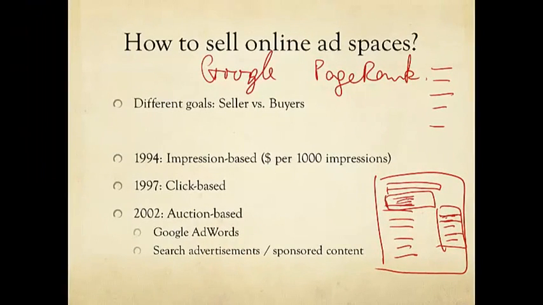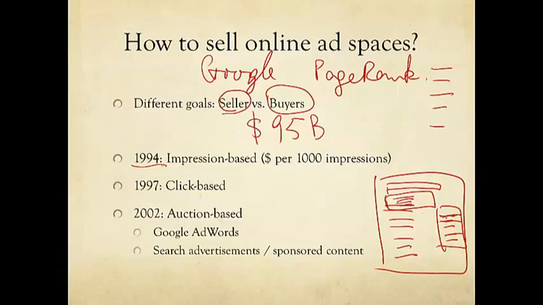Well, we have to go back a little bit and just think about the general space of online advertising, which reached 95 billion worldwide in the year 2012. And in this ecosystem, there are sellers, for example, Google, and there are buyers, which are the advertising companies. Back in the early days of the web, for example, around 94, 95,